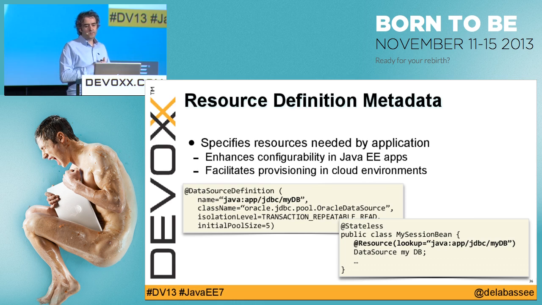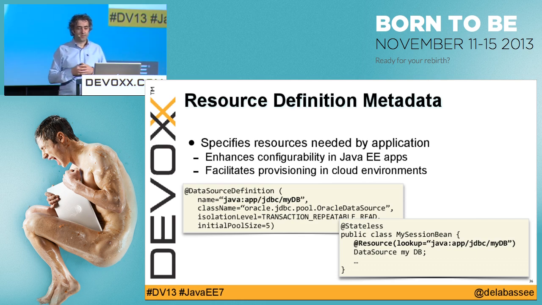Something else, resource definition metadata. That's not something which is new to Java EE 7. It was introduced in Java EE 6. In Java EE 6, we had this @DataSourceDefinition that you can use to define and configure an object, in this case, a data source. The idea is that you can use this annotation within your code instead of specifying it within an